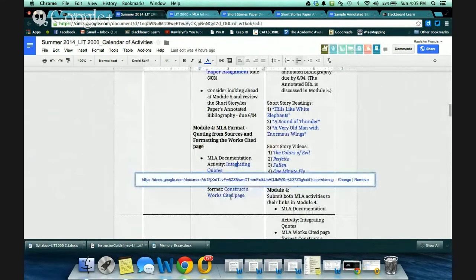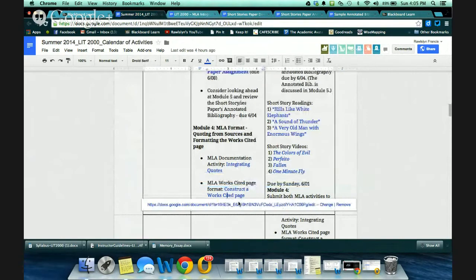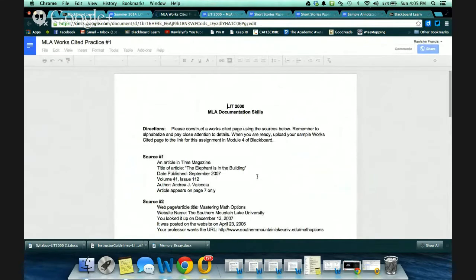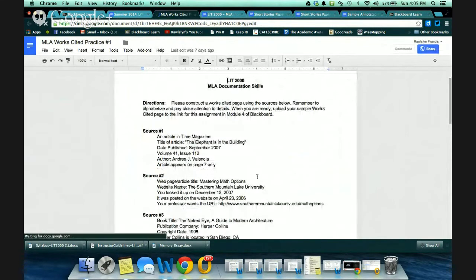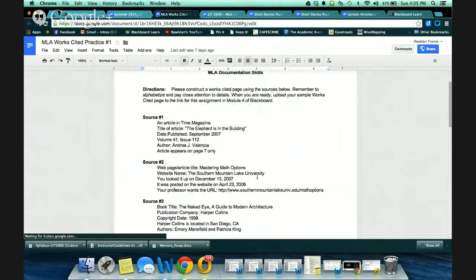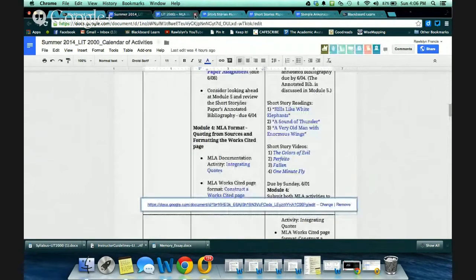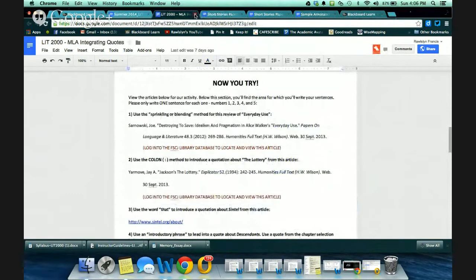And the construct a works cited page, this one I think is pretty self-explanatory. Pretty much all of you are right on track with this one. You have the sample sources here, and using the MLA format, you turn this into a works cited page. So you're all pretty much on track with this one. I just wanted to quickly touch on those 2 as we are wrapping them up, and of course the skills that you practiced with that